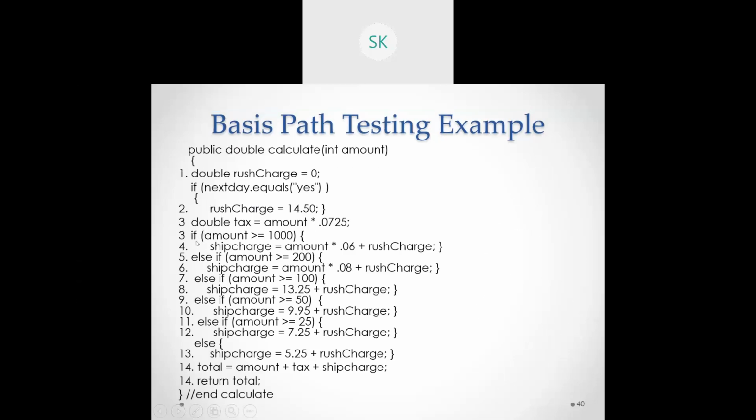after reaching 3, the next step is once again it will be checking for your amount. If the amount is greater than or equal to 1000, then this particular statement will also be equal to this. So what they have done is, whenever you have the numbering with respect to initialization of the value, followed by the next statement being your conditional checking statement, those two have been merged. That's what they have done. So with respect to this, the if statement has been merged here. So now amount will be greater than or equal to 1000.